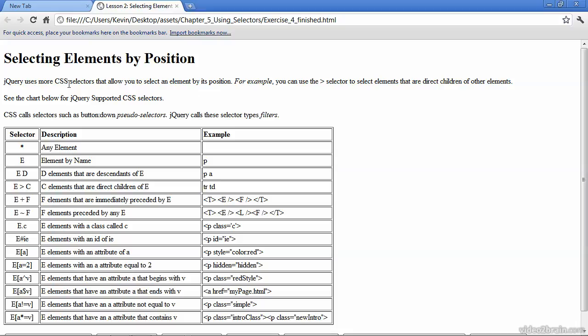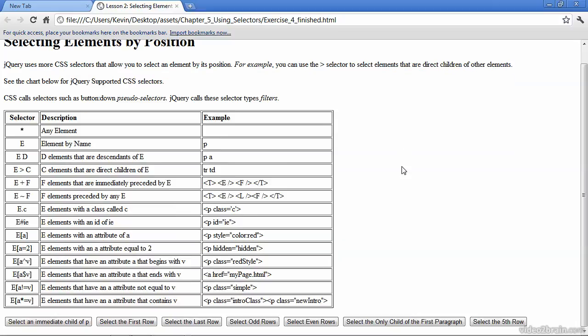in the sense that it has some paragraphs describing how to select an element by position, followed by this table that also indicates the different selectors and some examples of using those selectors. So we've used the asterisk before, and that selects any element. We've also selected an element by its name by simply passing the name of the element as the selector. We've passed a few selectors in by way of their relationship to having parents or being a child of a particular tag. In this case, anchor tags that are children of P tags, and here TD tags that are children